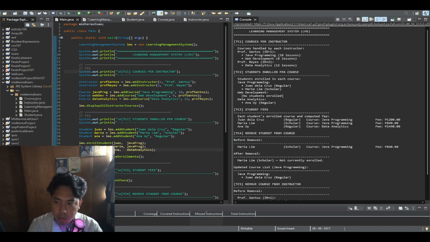The main class is the entry point of our entire learning management system. It contains only one method, which is main, where the program starts and runs through all the test cases in sequence.